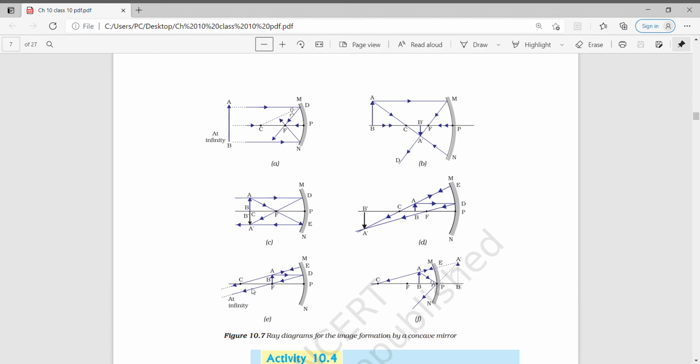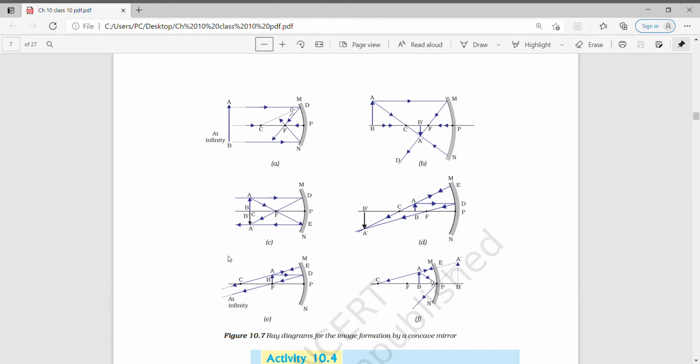The second ray of light is passing through C. So it is not passing through C on its own. Actually what has happened, the ray of light has gone towards the mirror, and then from there the reflection has occurred, the light has come back, and then it has passed through the center of curvature like this. So at infinity they are supposed to meet. Since they are meeting at infinity, this light ray is shown with the help of the dotted line. So you take care where to draw the dotted line and where to draw the dark line.